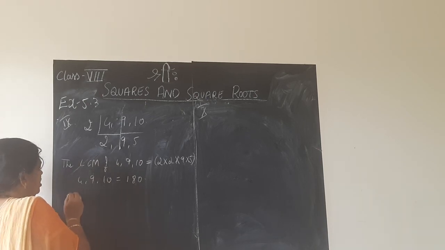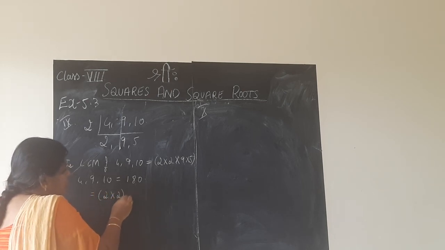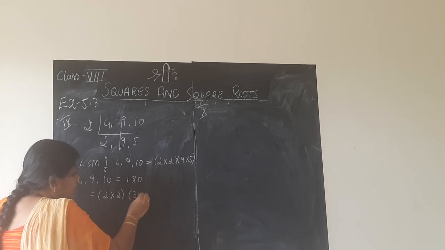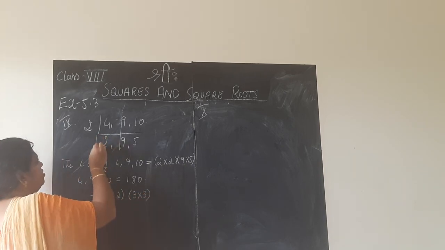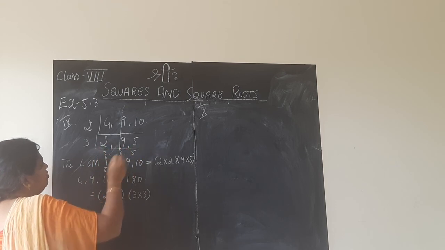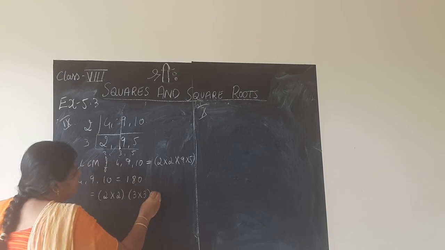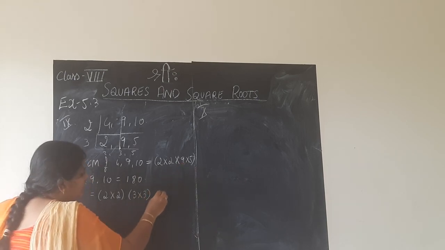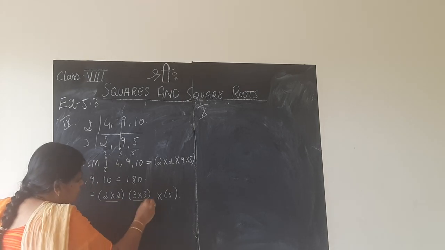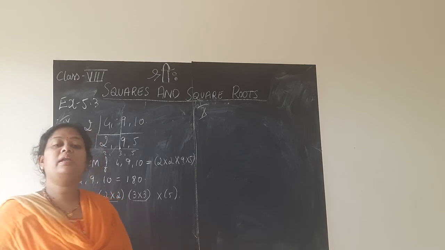But look children, now when you have the numbers, 2 into 2 are in pair. Next number 9 is also a perfect square. You can write it as 3 into 3, and if you want you can do one more step here. So 2 into 2 into 3 into 3 into 5, I am writing here, 9 I am splitting as 3 into 3 into 5. If you look, 2 and 3 are in pairs, whereas number 5 is not in pair.